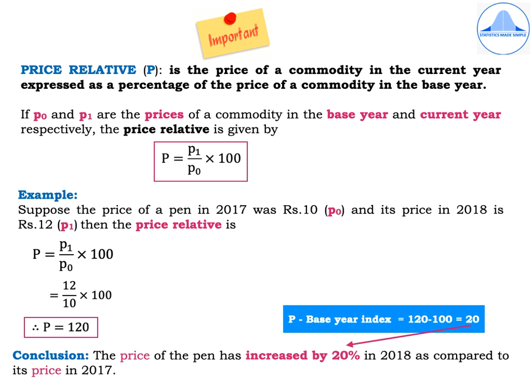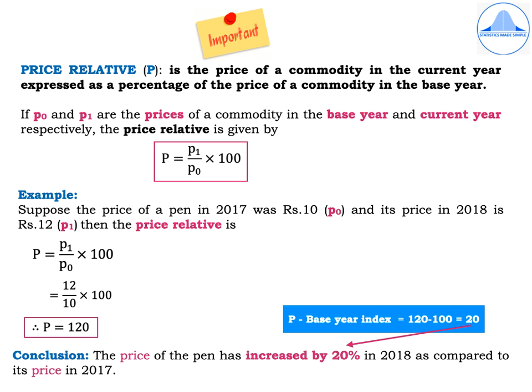We will now learn the most important definition, that is the price relative. This definition is usually asked as a 2-marker and you have to write the definition as well as the formula for 2 marks. And you will see its application in many of the problems. So please listen to the definition carefully and understand the notations through the example which is explained.